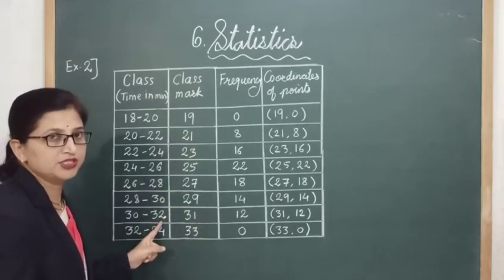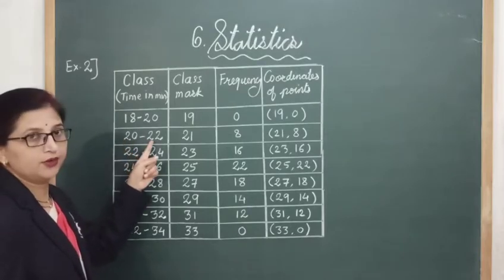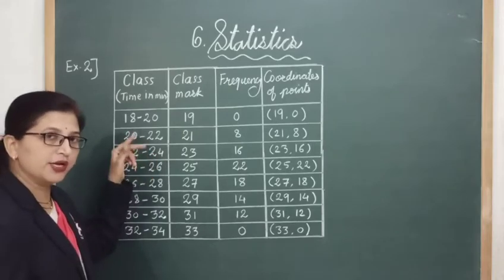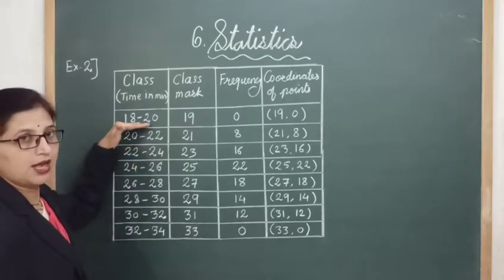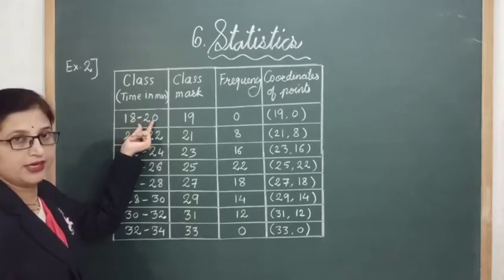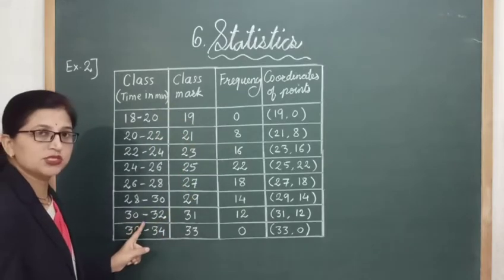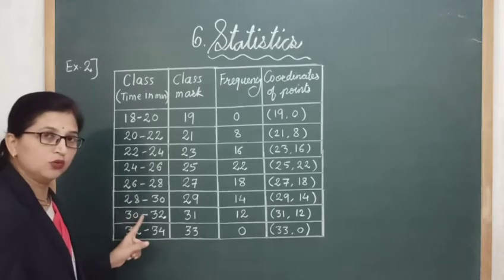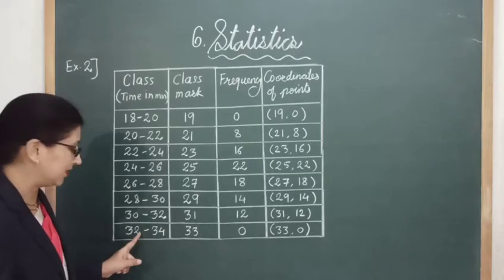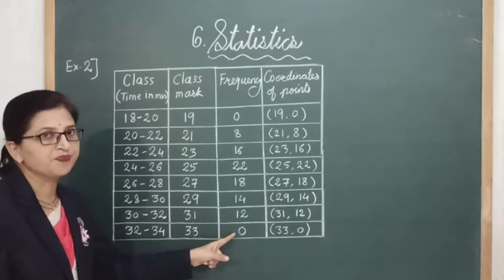So here in the actual question we are given 22 students. Sorry, time 22 minutes. So here we took one extra class, that is giving the difference of 2, that is 18 to 20, and its frequency is 0. Similarly, here the last class was given 32 minutes. Okay, so here we took the last class, that is 32 to 34 minutes, and its frequency is 0.